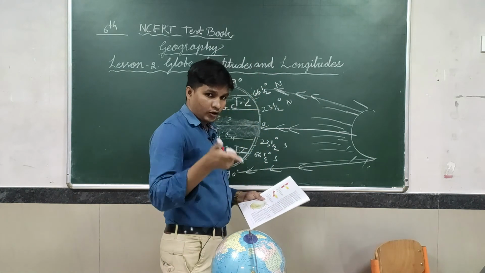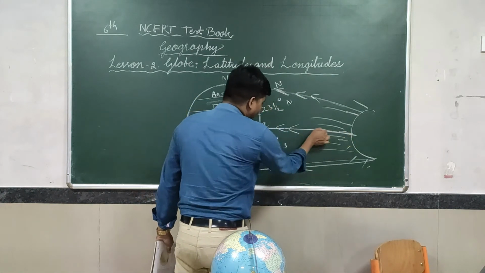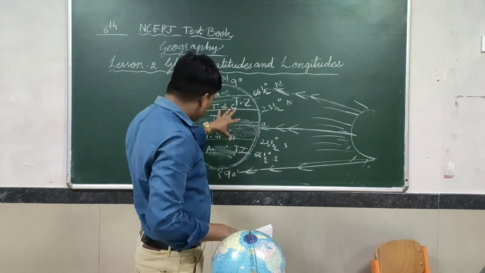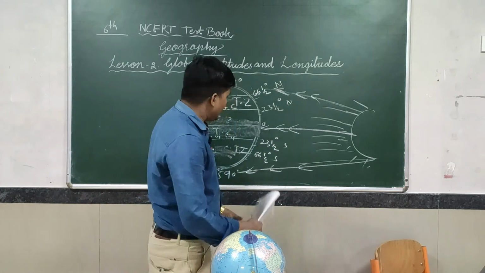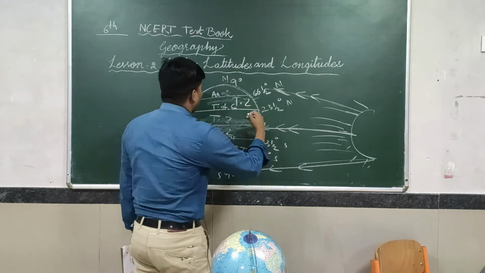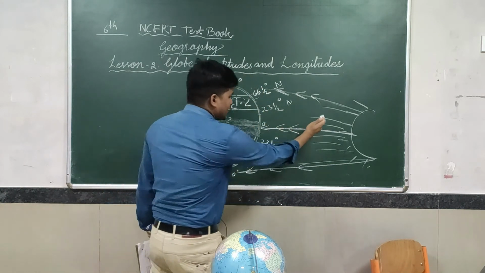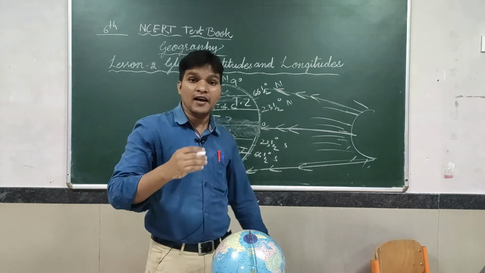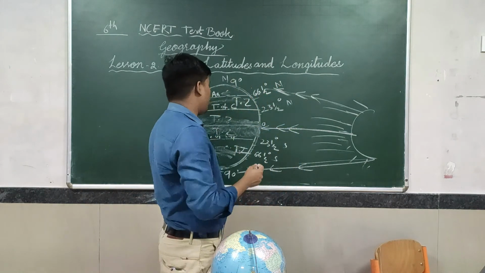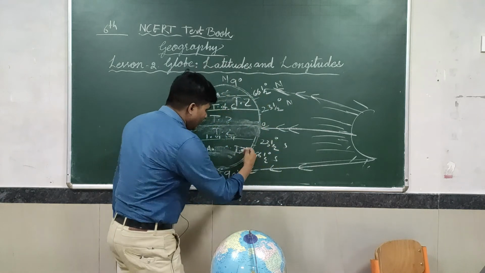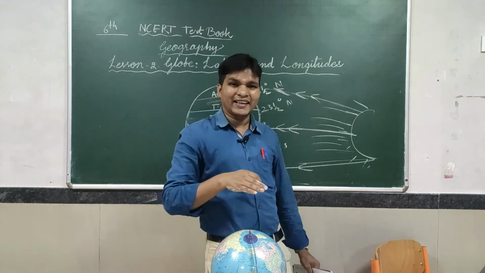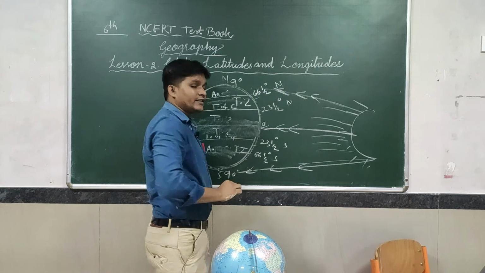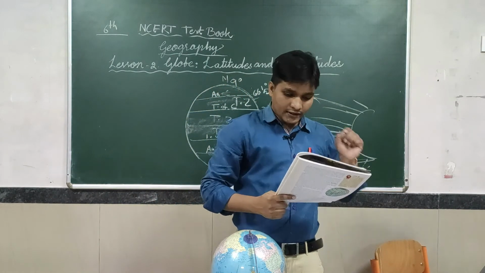Just as I said a few minutes ago, the sunlight falls straight on the torrid zone, that's why it gets so much heat. But gradually, if you go towards both poles, the North Pole and the South Pole, the sun rays gradually slant, which means the heat of the sunlight decreases. That's why these areas are known as temperate zone.